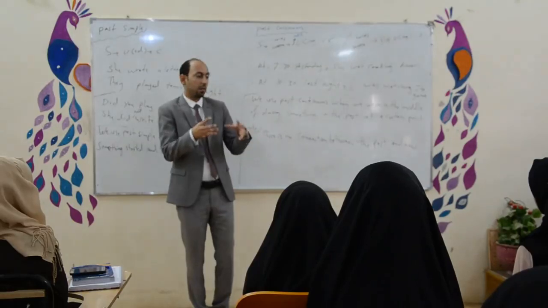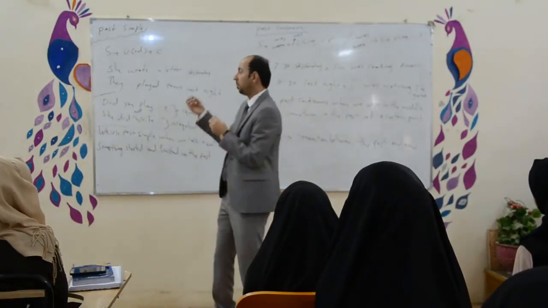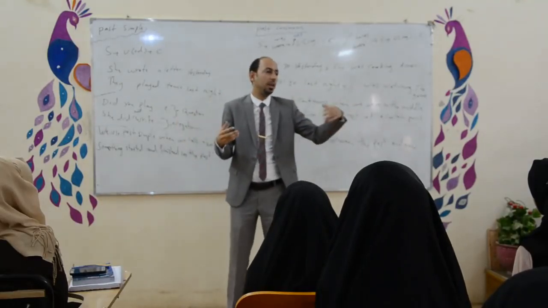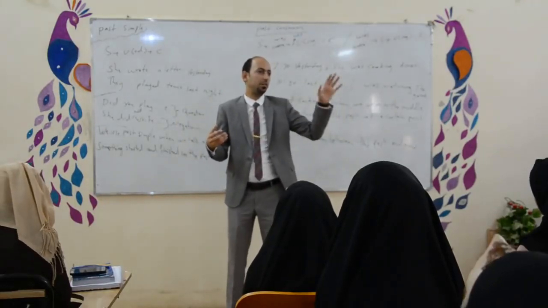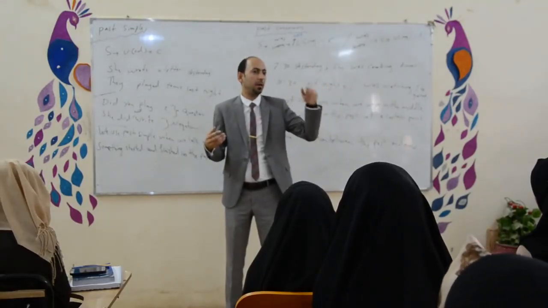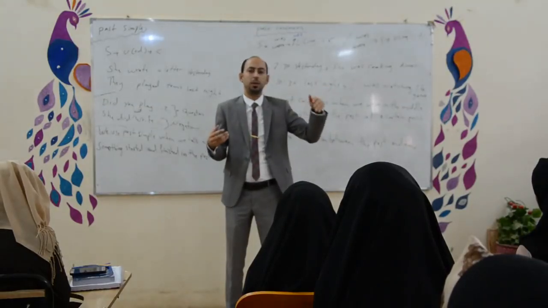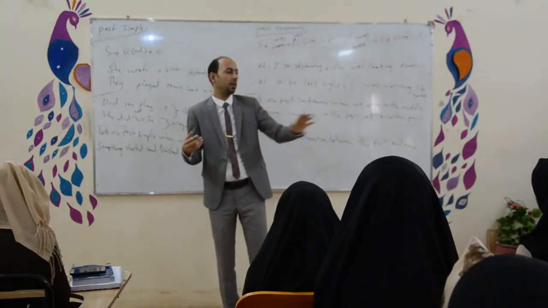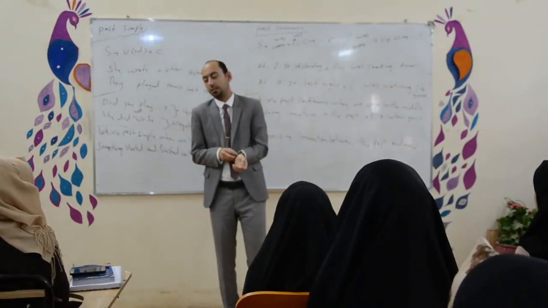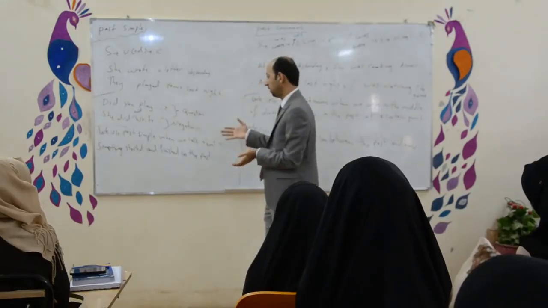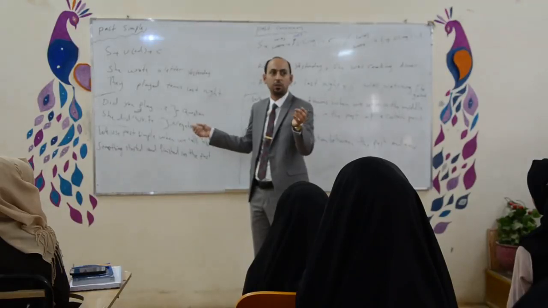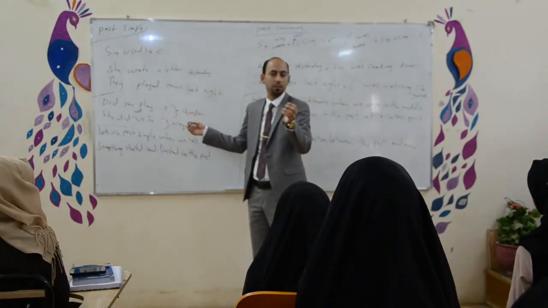Okay. So this is the gist of past simple tense. How do we use it? Use it in the past with the complete action. Started and finished. In the past. Okay? When you talk about yesterday, about last week, what did you do last week, last month, last year, anything in the past. What did you eat last night, yesterday, etc. Okay? Do you have any question as far as past simple tense? If you have a question, comment, if you want to comment, if you want to add something.